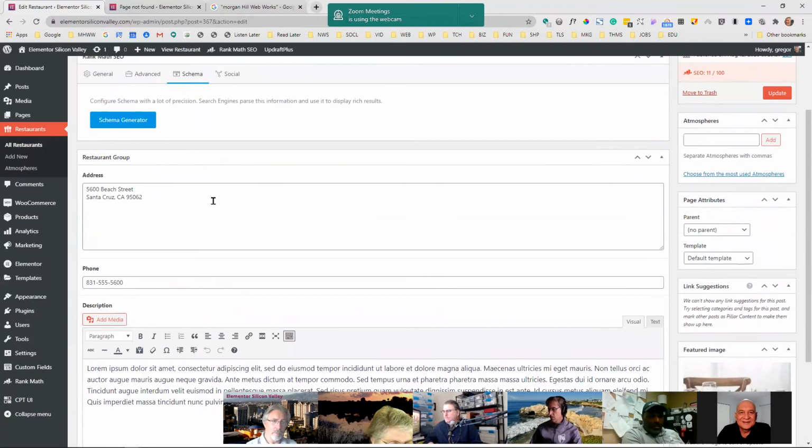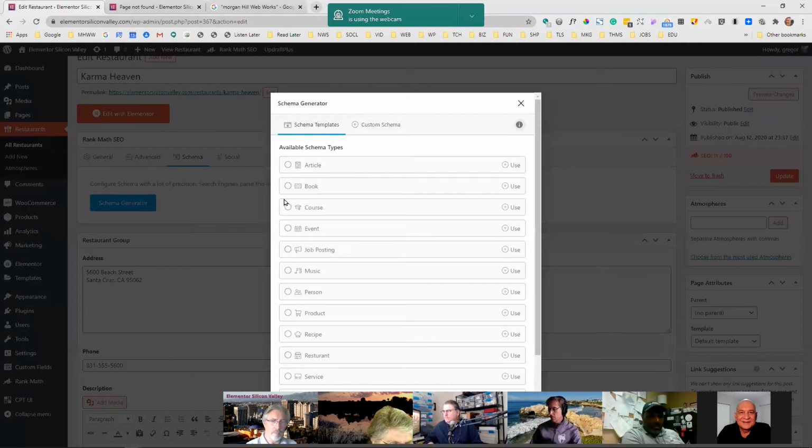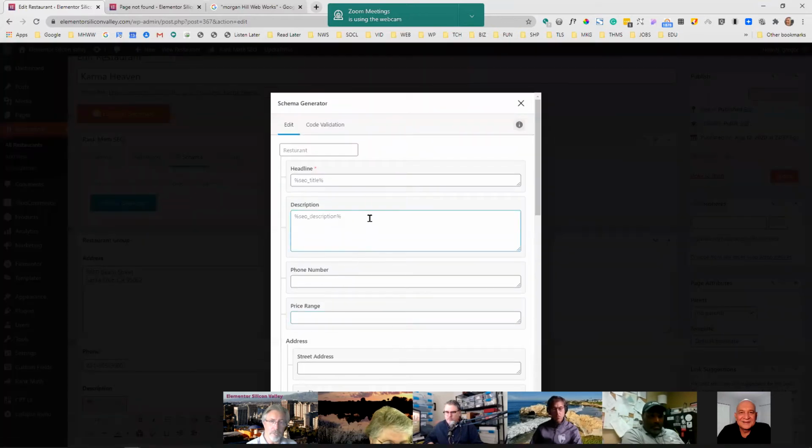Okay. And we have the schema generator. We use restaurants, so it has one already. So it didn't automatically add anything? No, it didn't automatically add anything for this one. So for this particular restaurant, it's going to use the title, description. That's fine. We could give a phone number,